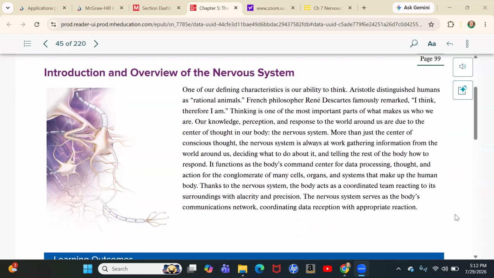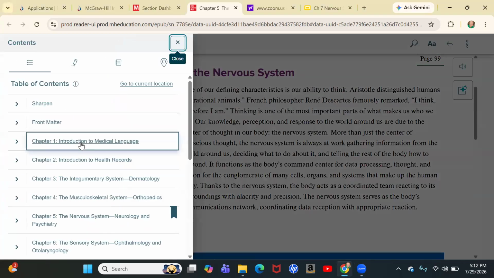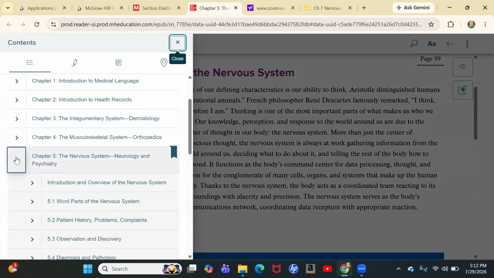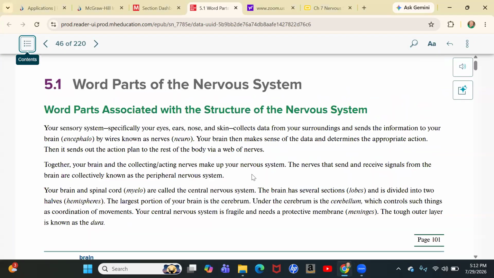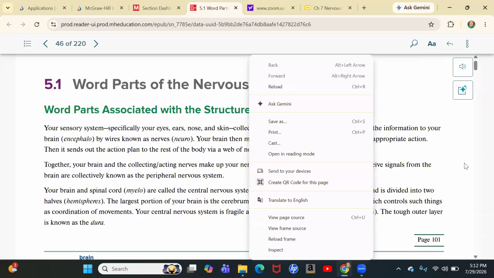So we're going to be looking at the nervous system and the root words and pathological terms related to that. We won't dive in too much into the anatomy, but we will need to look at some of the major anatomy of the brain itself and a neuron, and the spinal cord and how that is encased within the vertebral column, and the word parts related to that. So let's dive in.